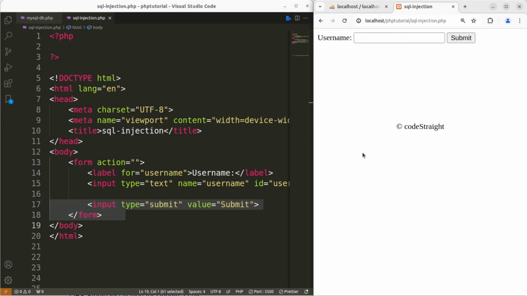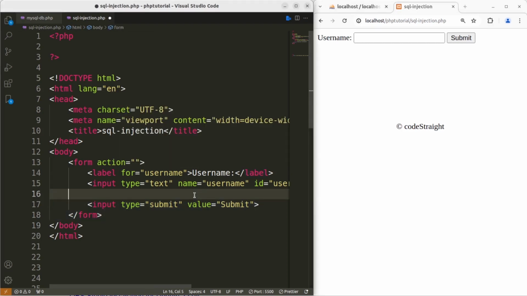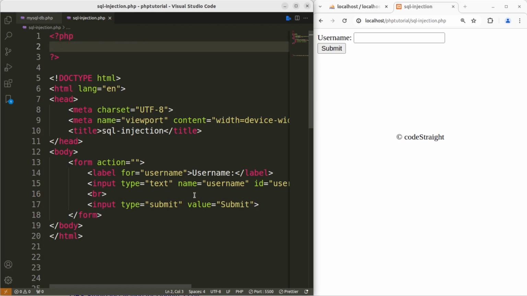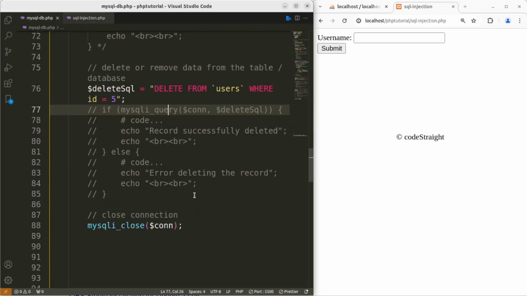SQL-injection. Hit enter, and that gives us, let's add some line break there. That looks fine. Now after that, let's get back to the PHP part, or the backend part. Now a couple of things will be the same, so I'm gonna come in here to